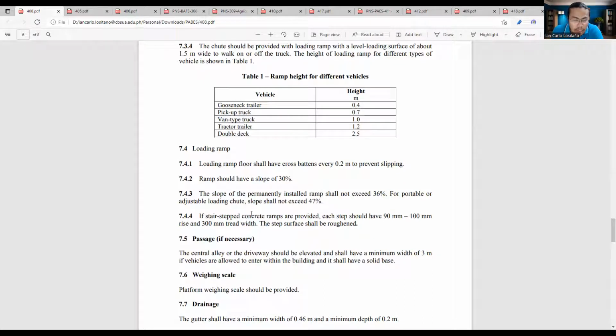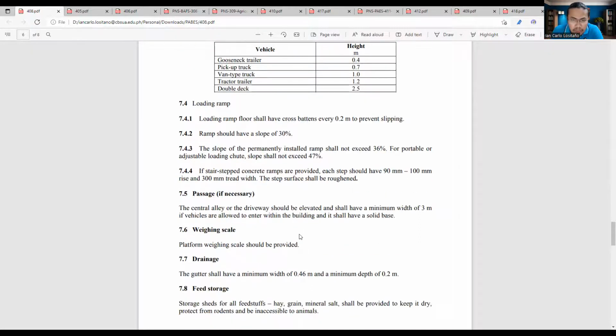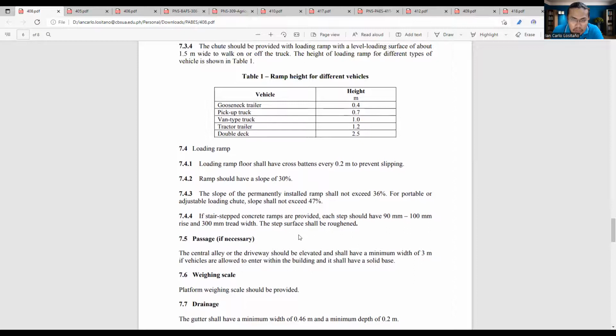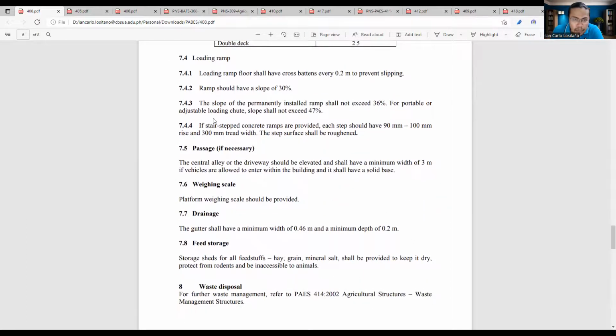Some would have stair-stepped concrete ramps, but each step should have a 90 to 100 millimeter rise and a 300 millimeter tread width. And the step surface should be roughened enough, again, to avoid injuries or accidents to the animals. A passage is required, elevated, with a width of 3 meters if vehicles are allowed to enter within the building